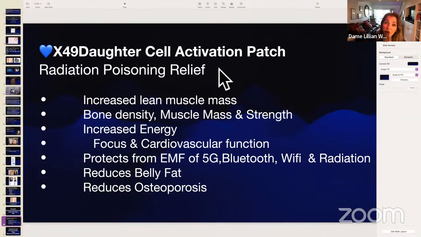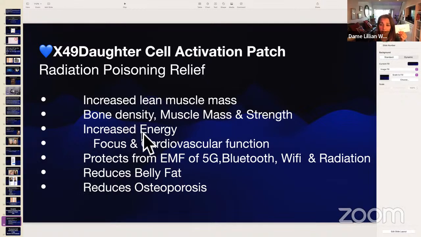It's increasing inflammation inside of the body and creating this damage to your body that we don't realize we're getting through our eyes and through our skin. Guess what? This patch, the daughter activation patch, provides radiation poisoning relief. It will increase lean muscle mass. It's going to unring the bell of that damage by increasing your lean muscle mass as well, increasing bone density,